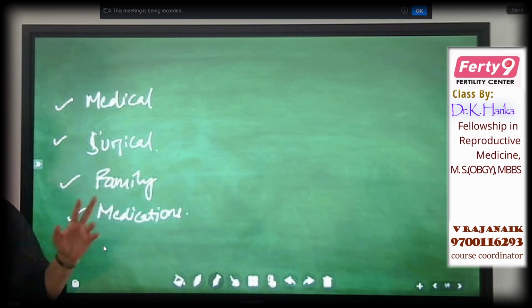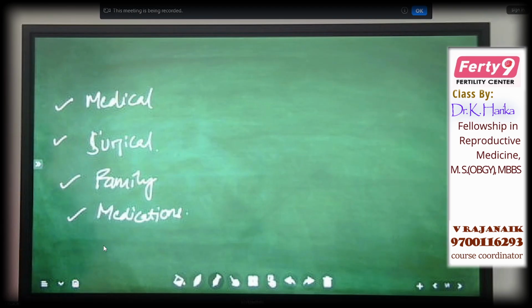Suppose he's having diabetes mellitus, what will happen ultimately? He might suffer from erectile dysfunction, if he's a known case of diabetes mellitus. And accordingly, if he's having a history of sexually transmitted infections, automatically that infection will spread to the female partner and she might land up in PID also. So the tubal damage will occur and it will land up in infertility.